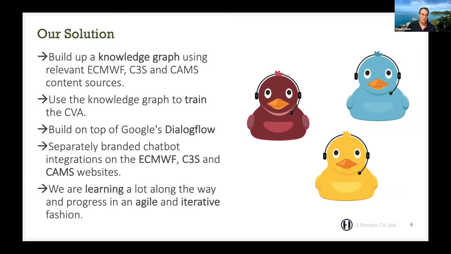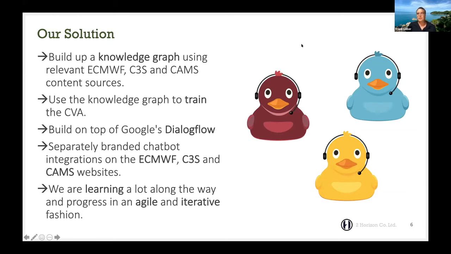The chatbot platform we are using is a cloud-based solution from Google called Dialogflow. There is some inbuilt machine learning in this cloud solution, so we are building on top of that. We also did some machine learning experiments outside of it, but basically Dialogflow will be an important part for us.